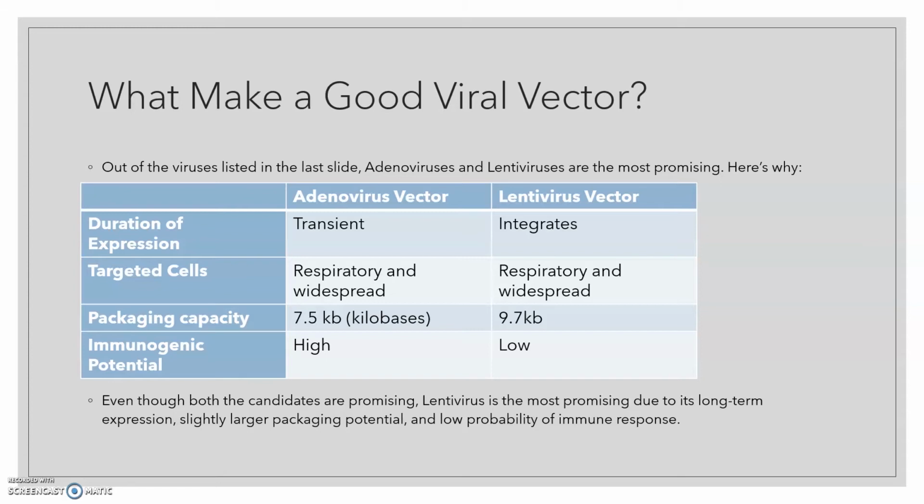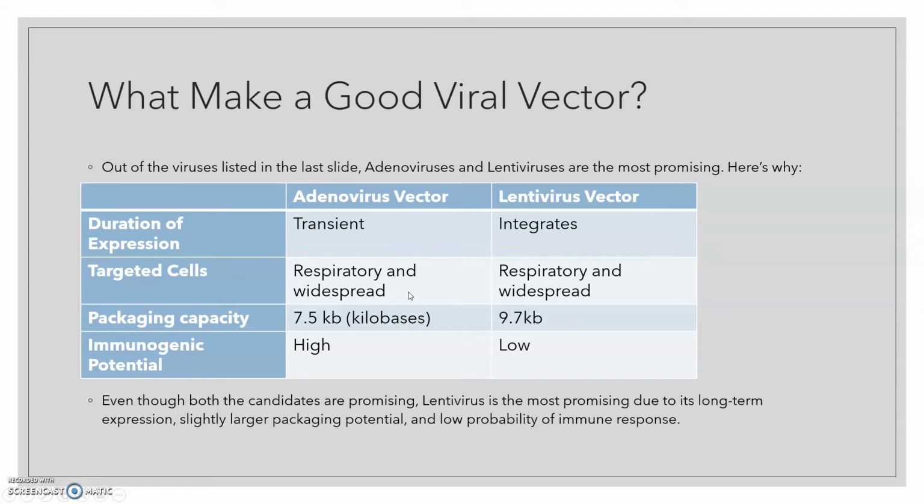So both of them do really well in terms of the 4 main categories that are considered when looking at possible vectors. And these are duration of expression, targeted cells, packaging capacity, and immunogenic potential. For adenovirus vectors, it is transient, which means it doesn't integrate into the genome. And for the lentivirus, it does integrate into the genome, which makes it, in theory, a permanent solution, while the adenovirus would need to be